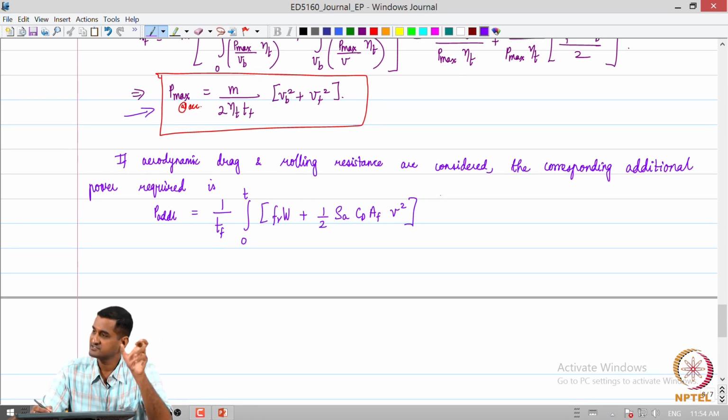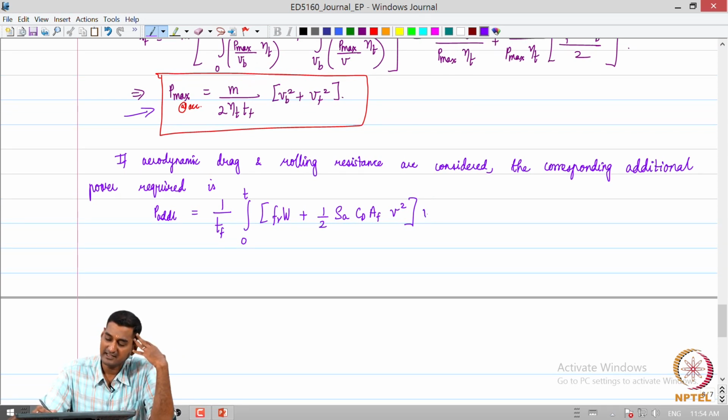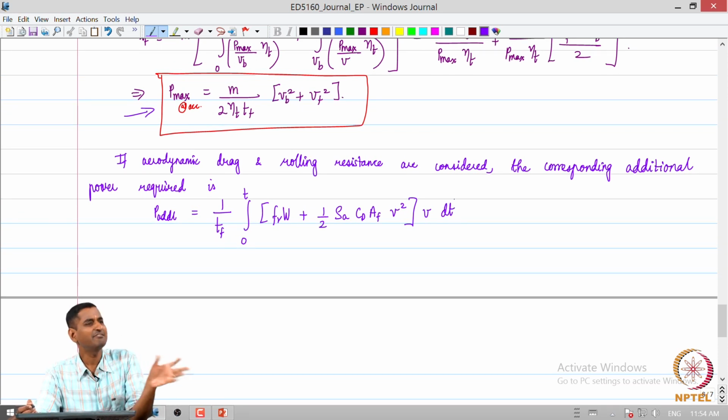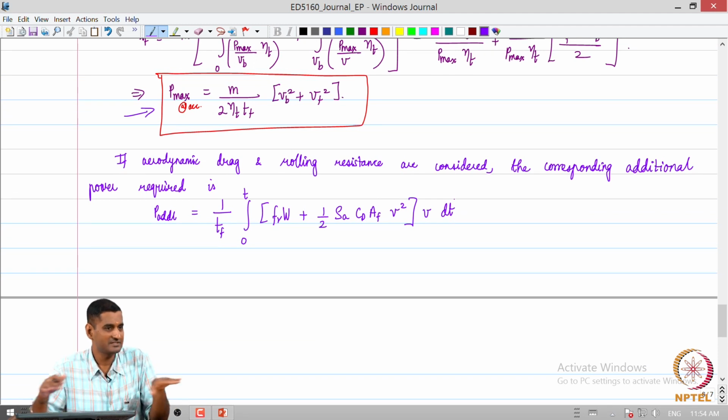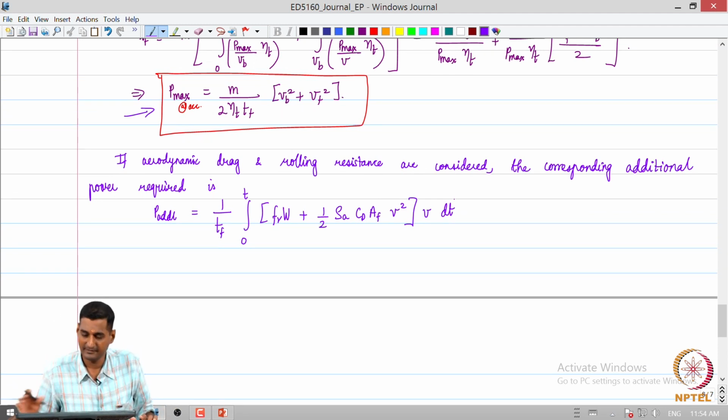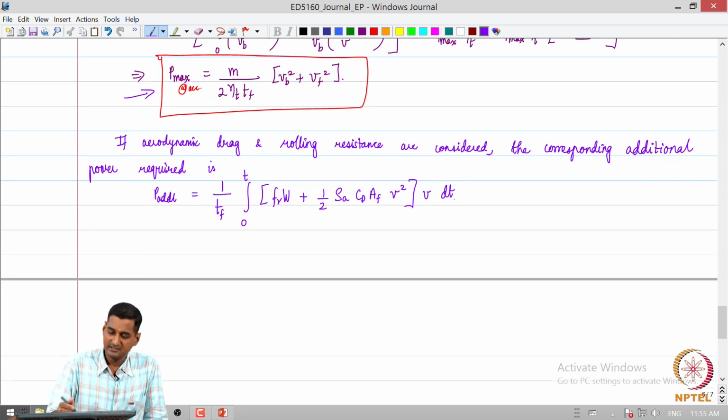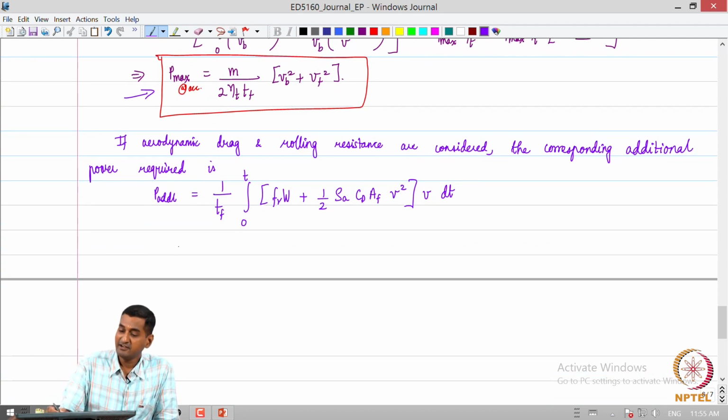So, what is within the square bracket is the net force, the resistance that needs to be overcome; times V will give us the instantaneous power, then we integrate over the entire region of acceleration and we average it over the time. So, this is more like a time averaged quantity, right. So, this is how we will get it. Of course, here we see that we need to substitute for V, right, because we are integrating over time, but V is also a variable, right. When we are accelerating, we are going to go from 0 to Vf.